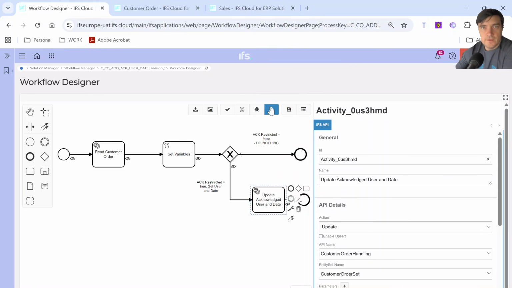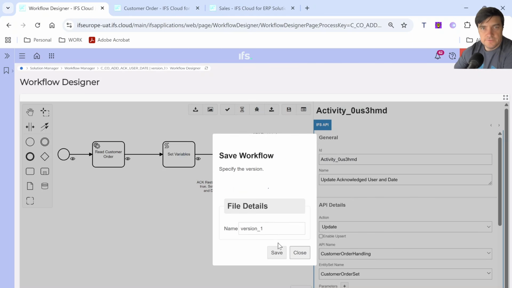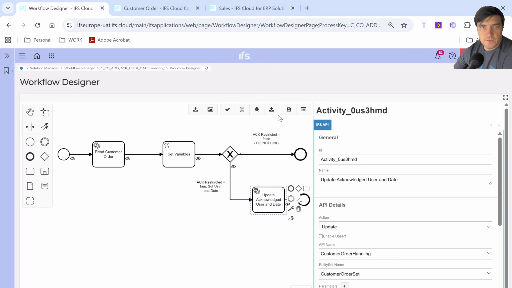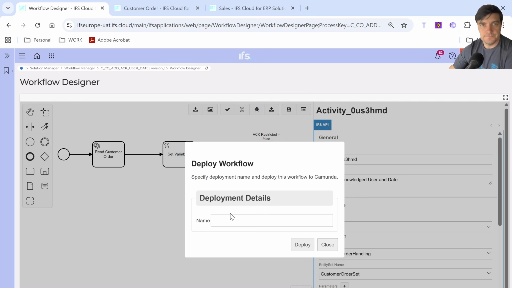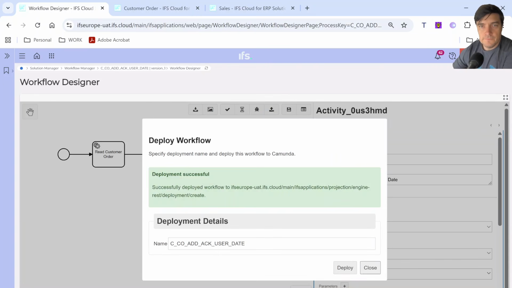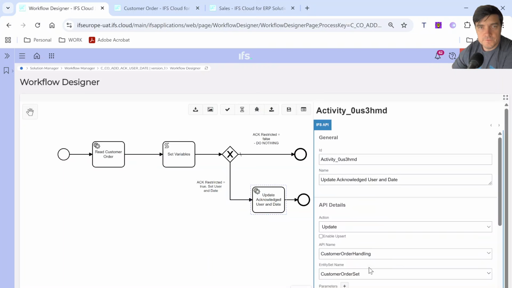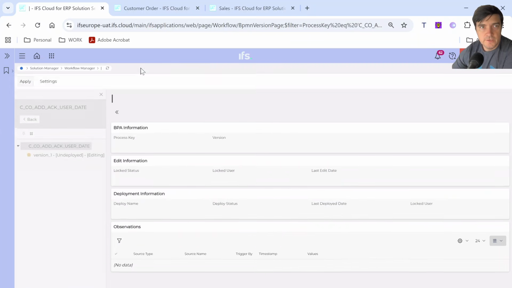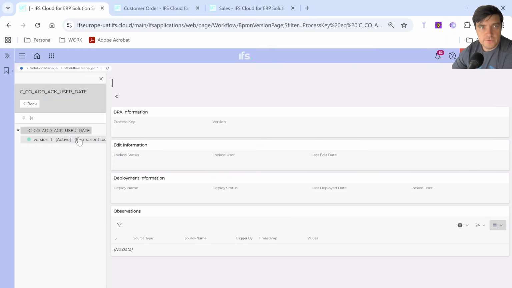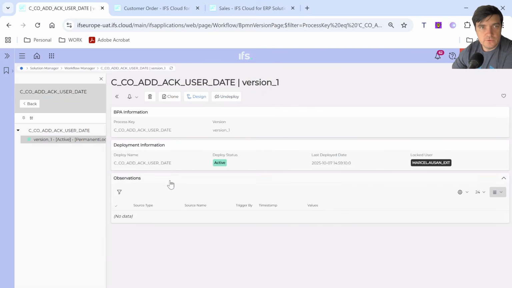Good. Then we could save it, and we could deploy it. C_CO add acknowledged user date, deploy. Okay, so this workflow is deployed, and now if I just refresh, we still need to create a way